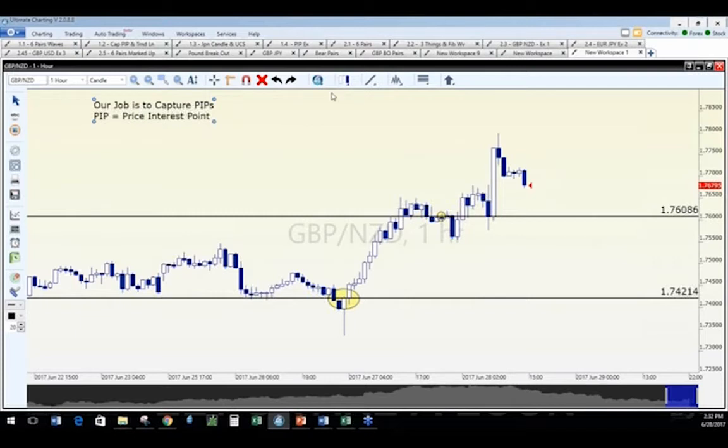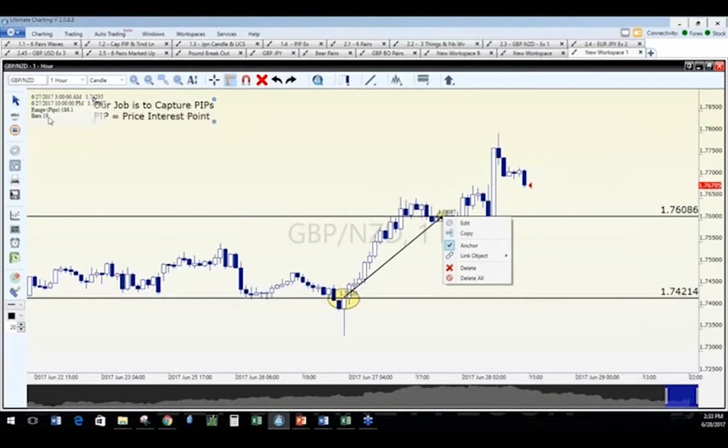So let's just say you got in this. What does this mean? Well, each one of these candlesticks represents an hour. We've got price here to the right. There's a tool called a ruler. All I do is click on the ruler, and it's going to measure the number of pips and distance. In the top left-hand corner, does everybody see over here where it says 186 pips, bars 19?